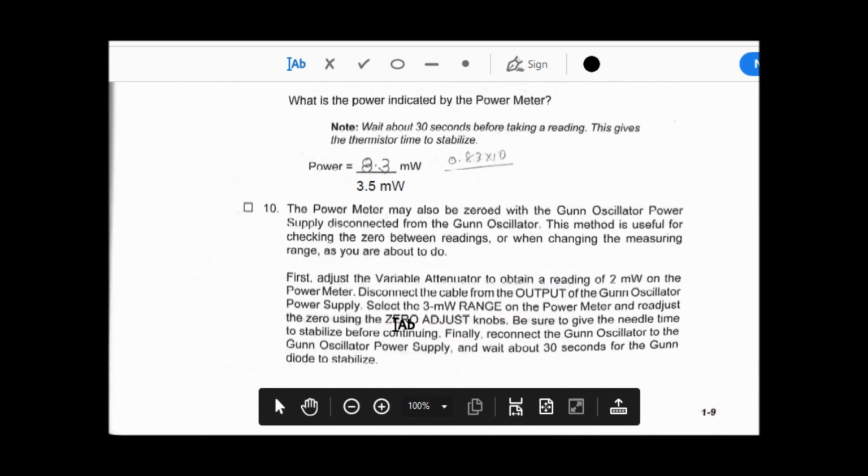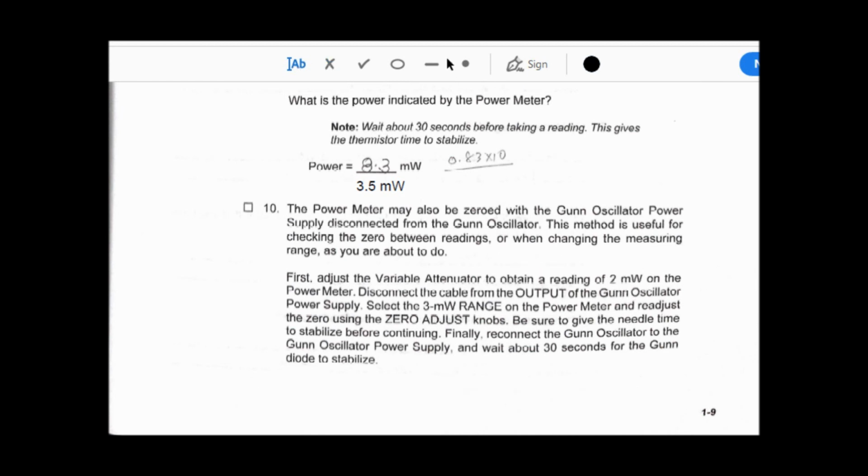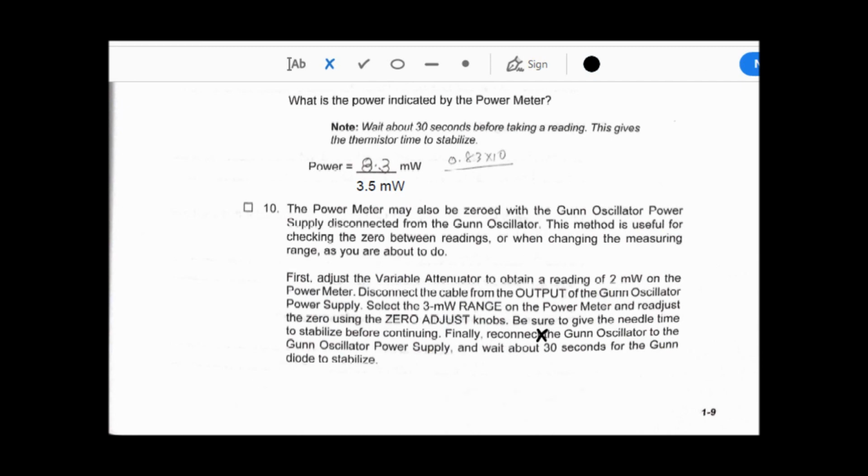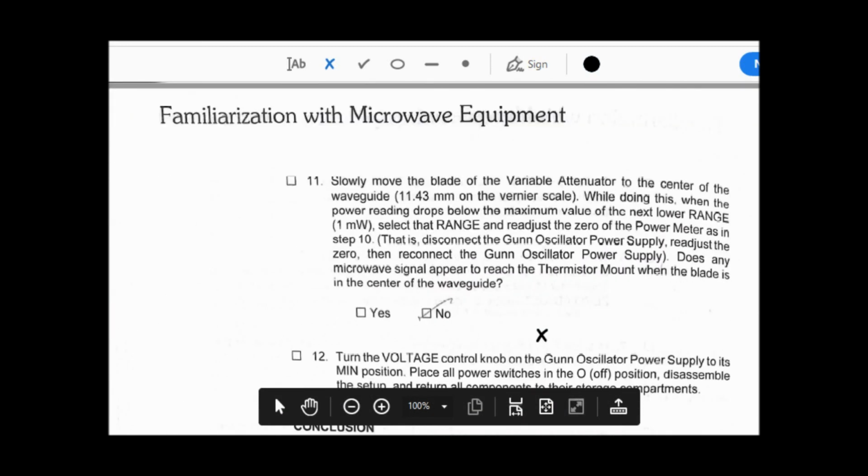We also know the power meter has multiple ranges, so you can calibrate your power meter. If you want to measure 2 milliwatt, you can choose the 10 milliwatt range and measure 2 milliwatt. And you can also select the 3 milliwatt range and measure 2 milliwatt. So initially, we set the 10 milliwatt range and measure 2 milliwatt.